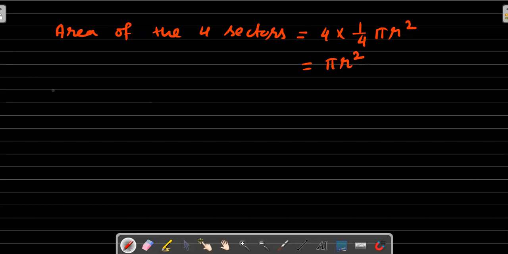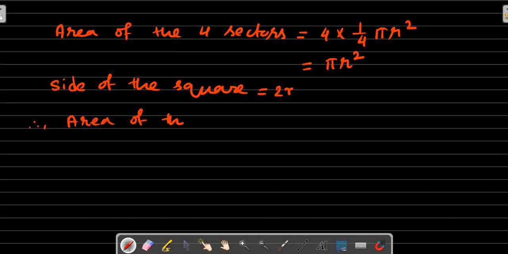Now we have to subtract the area of the four sectors from the area of the square. We see that the side of the square is equal to 2r. Therefore, area of the square is equal to 2r whole square, that is 4r square. Therefore,